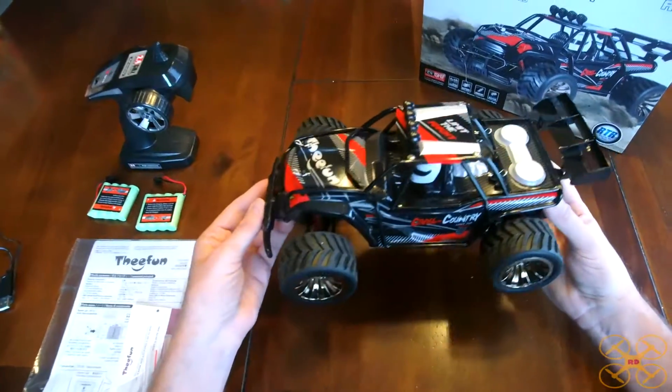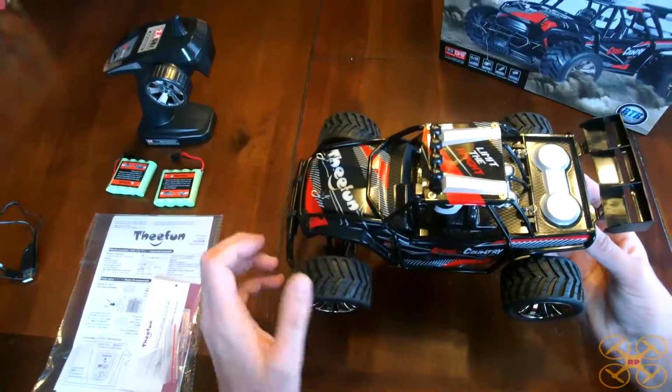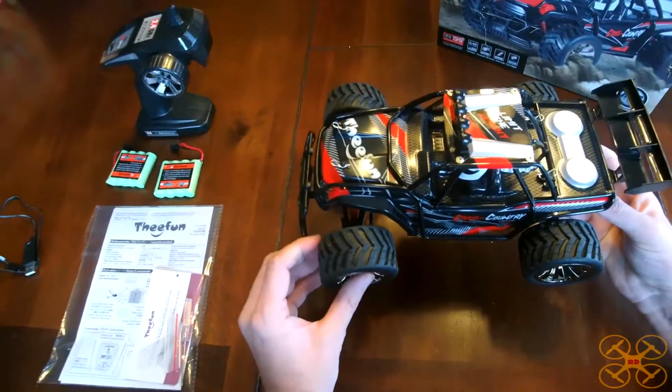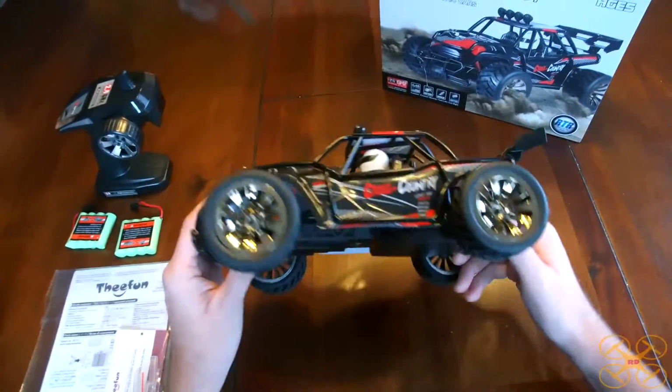It's fine if you're driving around the house as long as you have enough area, just because it's kind of big. With non-proportional steering, you have to do a lot of adjusting and reversing to get it to turn, since you can't just turn it a little bit. It does have independent suspension. It's just spring shocks, but